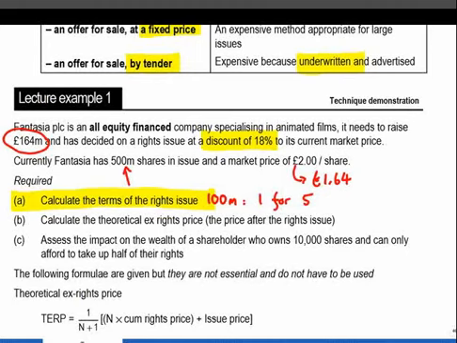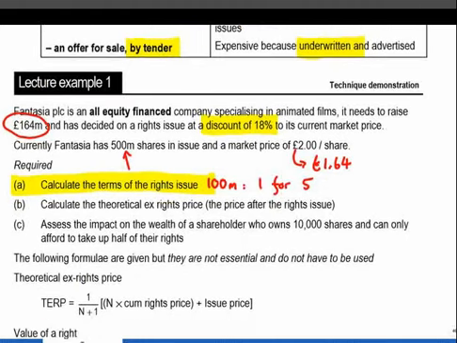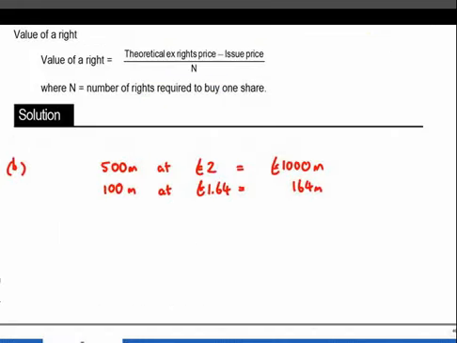Because we're issuing new shares at a discount, there is the risk that the share price will go down after the rights issue. The price after the rights issue is called the theoretical ex-rights price. We can calculate it here. Before the rights issue, the company had 500 million shares at £2. It then raised £164 million. This means that after the rights issue, there will be 600 million shares, and the company should be worth approximately